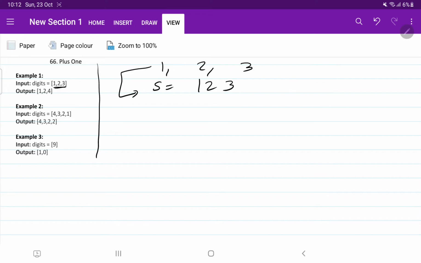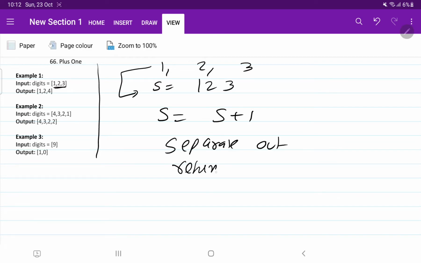Then we can increase the number by 1, separate it out again, and return the list. So this is one approach that clicked in my mind.